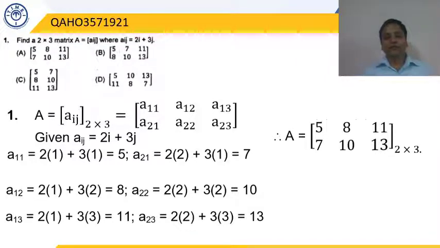If you carefully observe, the third column is the same in option A and option B. Somebody starting from the back will find the same 11 and 13 in both options. 5 and 7, 5 and 8, 5 and 11: 5 is there in all four options. So if anybody wants to check in the examination, he can directly check the second row, first column element, that is A21. That alone is able to give us the answer. There is no need to solve it to the entire length.